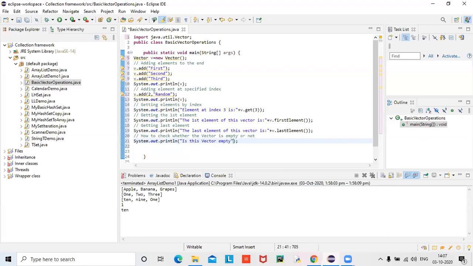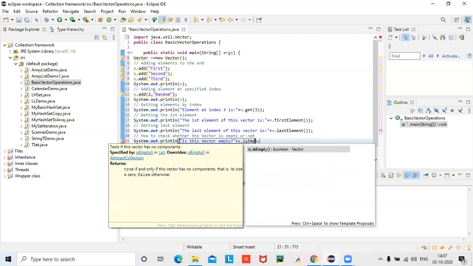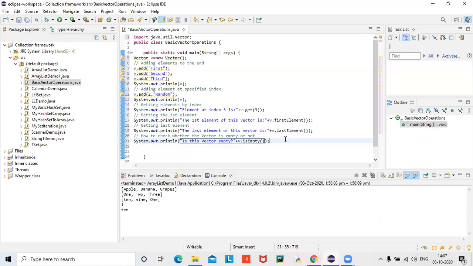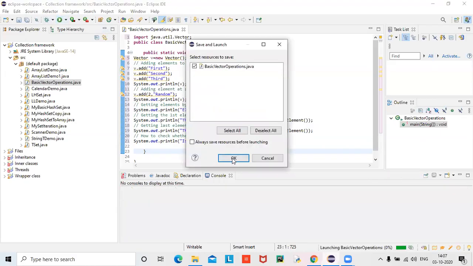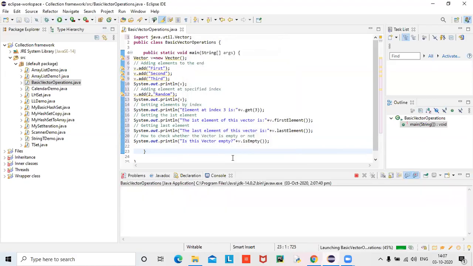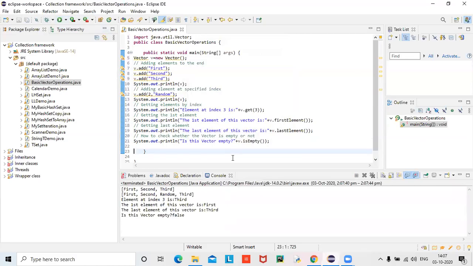It will give the answer by a method, isEmpty. So v dot isEmpty. That's it. Program is over. Simple application, simple, direct methods. Got it?